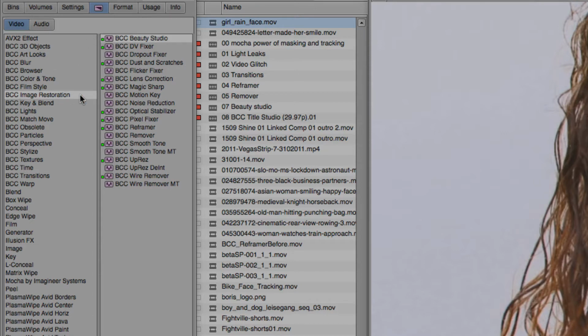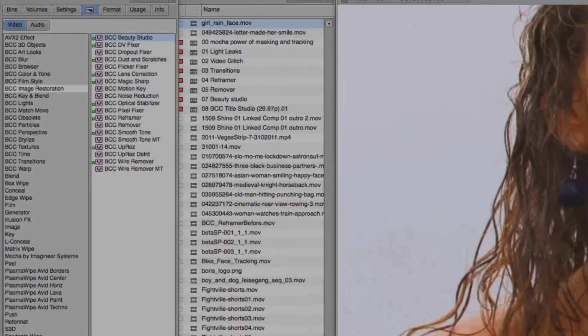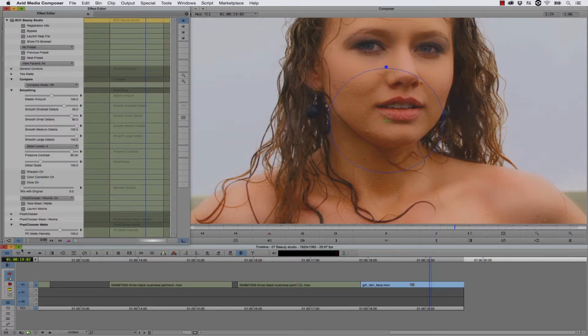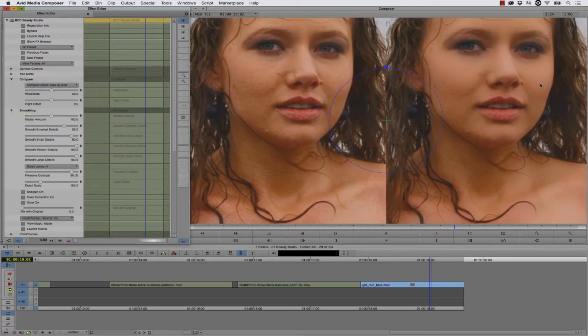So we're just going to go to our image restoration unit in BCC Beauty Studio and drag and drop that right onto our Avid timeline. You're not going to be able to tell what's being done until you do compare mode. So let's go ahead and load our effects editor and let's turn compare mode on to side by side. You can see that there's some smoothing happening, but I want to really adjust the overall smoothing that's happening in